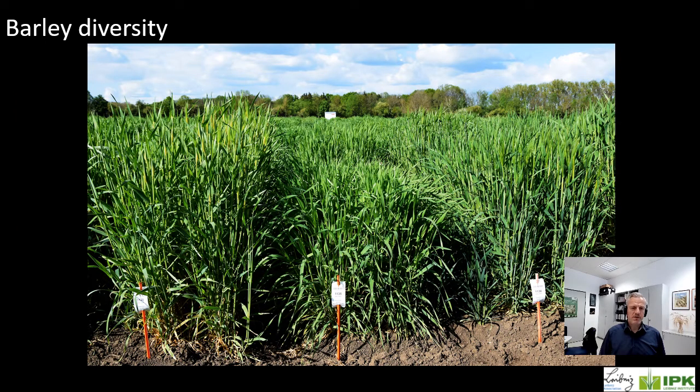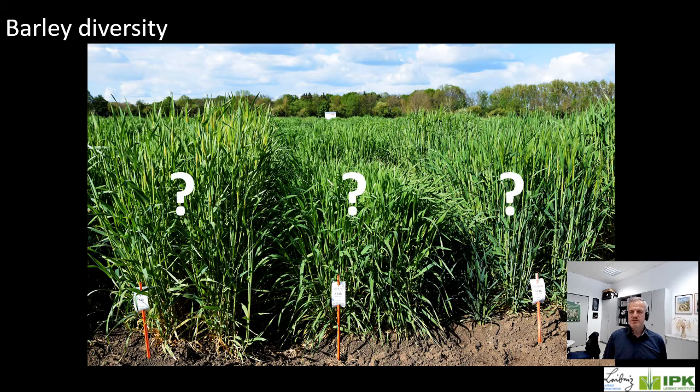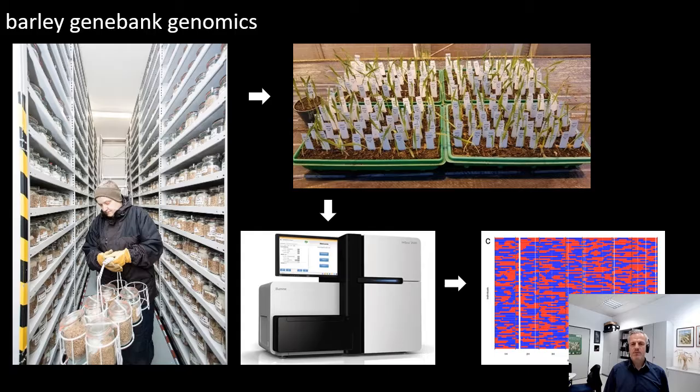Even more, you can grow the material in the field, and you can evaluate it for different traits. For instance, you have evaluated this material for disease resistance and found accessions that are resistant, but can you tell from the morphological difference how related the material is? If you select material that is resistant, would you always select material that is almost identical genetically, or is it really divergent and diverse? So we started in 2015 a project we called Barley Bank Genomics, where we really aimed